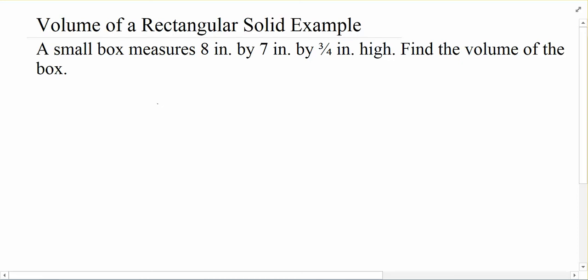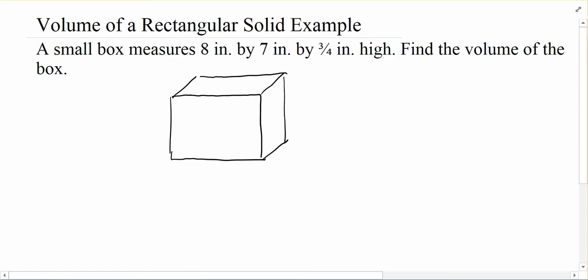So the basic picture of a rectangular solid is we have some sort of rectangle, and it's three-dimensional. The base of this is a rectangle. And if you thought about that like a super thinly sliced rectangle, there's a bunch of those stacked on top of each other. Basically, you could think about it like a piece of paper. A piece of paper we can think about as having the area of that piece of paper, but if we stack a whole bunch of them on top of each other, then that's going to create some volume.